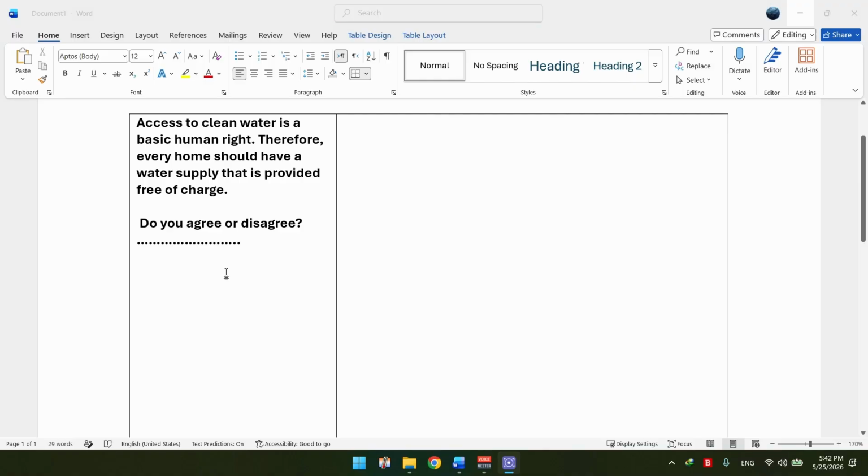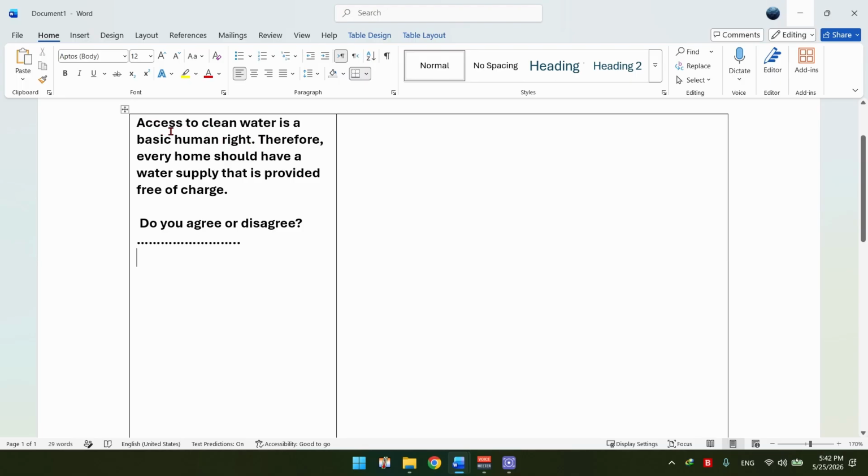Here is a prompt from the book Cambridge IELTS number 20. So the first thing that you need to do is to read the prompt carefully and understand it completely. A lot of test takers just read the prompt and then rush to writing their essay, and then they include irrelevant information because of misunderstanding, and that hurts their task response. So always underline or highlight the keywords to fully understand the task.